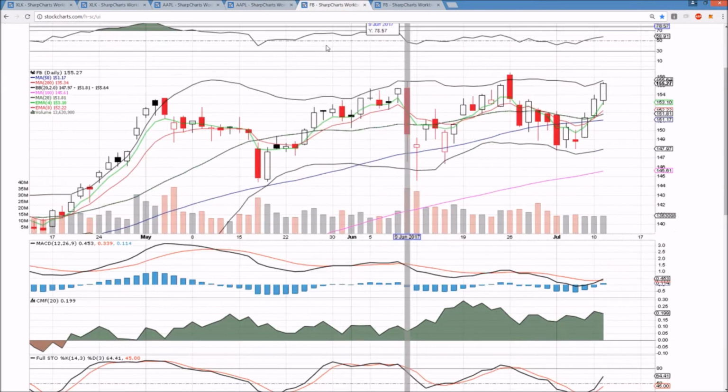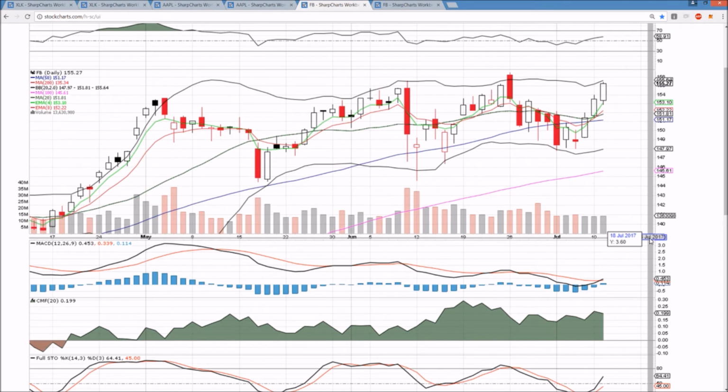Facebook on the daily time frame, it is acting like the lead tech bull that it is, and that's because it's strong. So we're going to be looking for all-time highs, and we're on the verge of those all-time highs, and we're closing extremely strong, and you will be hard-pressed to find a tech sector name that is stronger than Facebook is right now. And it's been clear the entire pullback. If you've been watching these videos, you've heard me call Facebook the lead tech bull now for weeks and weeks at this point.